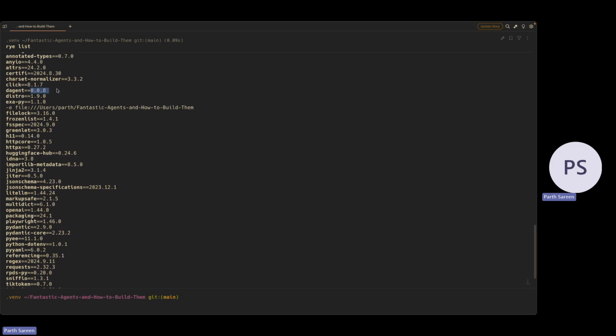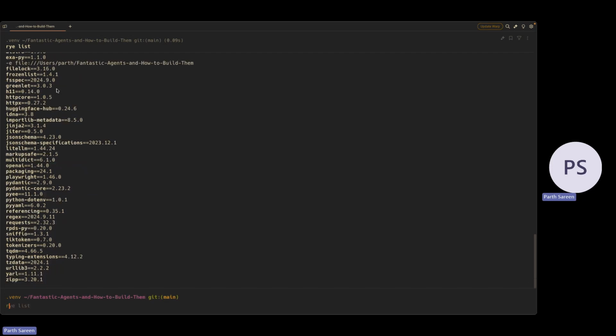How far are we? Are we following along? Are we on the Rye install? How many people were able to do the rye sync? So that's this command. And did it work? Yeah, that's okay. Everybody's able to get to the Rye portion, have stuff set up.